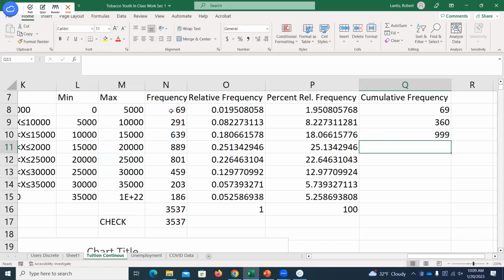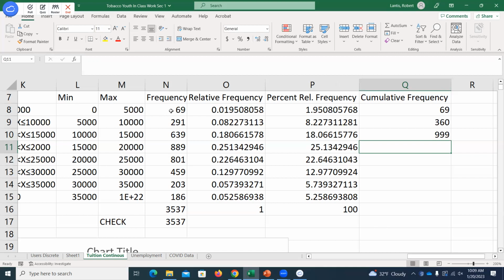And once I hit enter here, I get my cumulative frequency, okay? Any questions just on the idea of what we're doing here? Shouldn't be too bad. So the next thing is where I can show you this quickly, because you can imagine every single time, I don't want to have to go, okay, take the frequency of this bin plus this and this and this. And then the next one, I go, okay, take the frequency of this bin plus this and this. There's one way we can do this very quickly that'll always work for us.